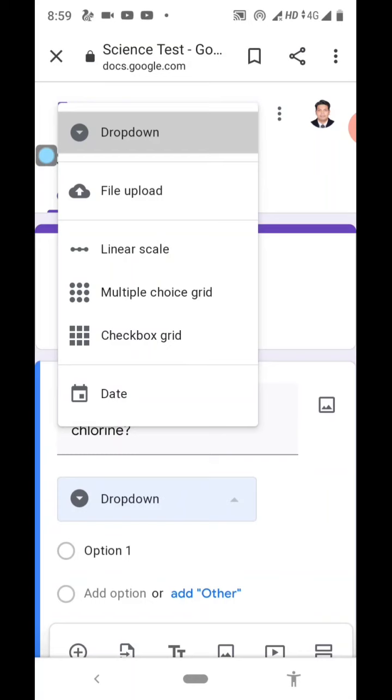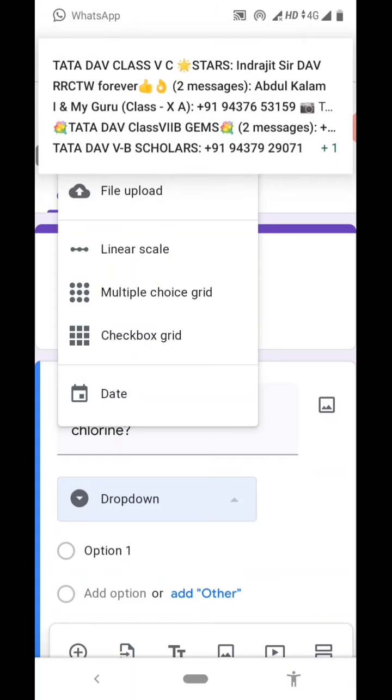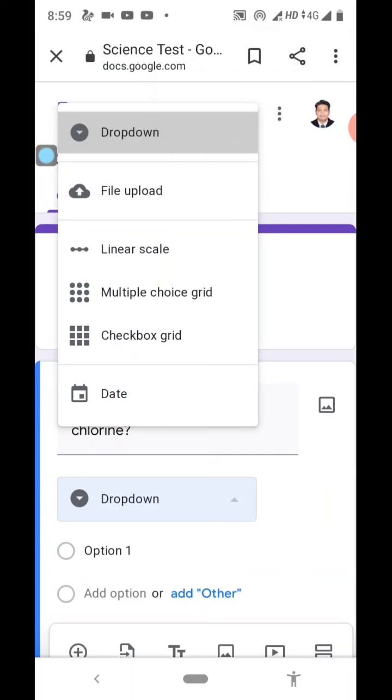So what the students are doing now, they are sending the photos of their assignments in the WhatsApp group. So you can just ask them to go through this Google form and upload their answer sheets. Those answer sheets will directly go to your Google Drive and get stored within a particular folder, and the name of the folder will be the same as the name of the test. For example, if the name of the test is Science test, a folder with the same name will be created in your Google Drive, and all the files uploaded by your students will be stored there. So that you can produce them at any time as proof that you have conducted a test and the students have appeared for it and given you the answer sheets. So this option is also available, file upload.